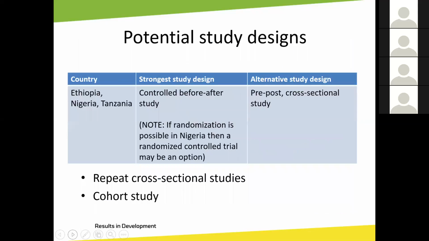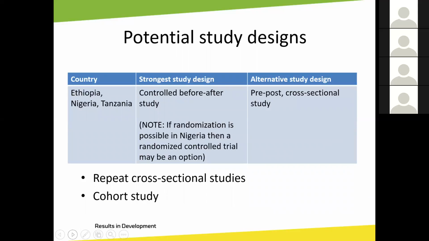So based on this information that we have to date, the strongest study design that we think might be possible would be a controlled before-after study. This would be similar to a randomized controlled trial, but there will be no random allocation of intervention. An alternative, less rigorous, but cheaper and smaller study would be a cross-sectional study just in the intervention communities, so